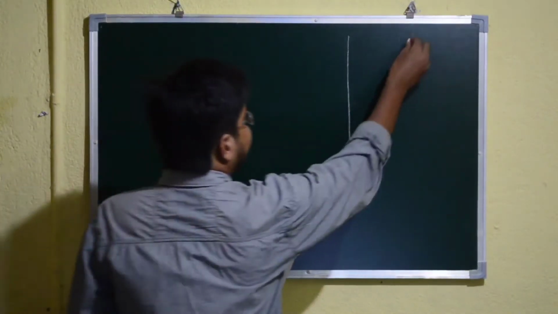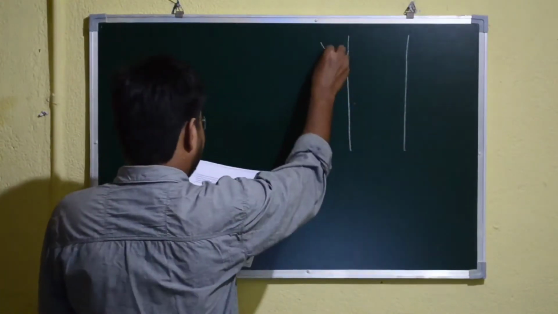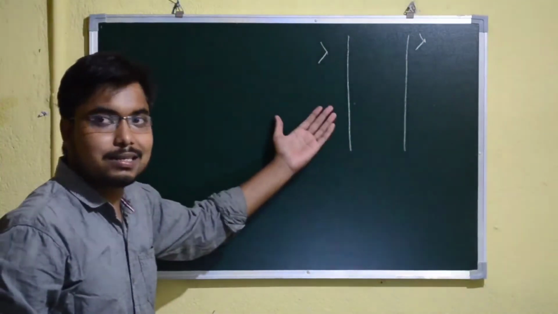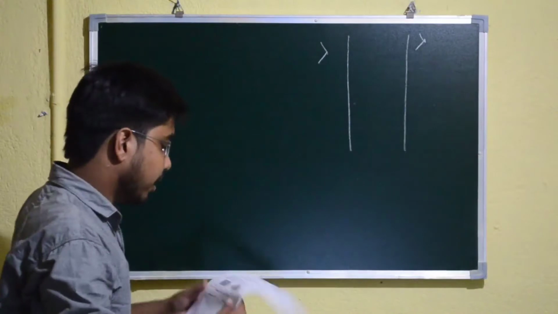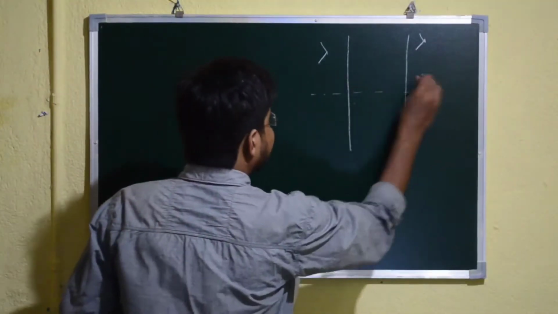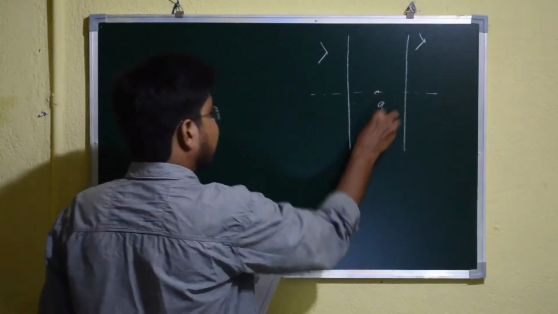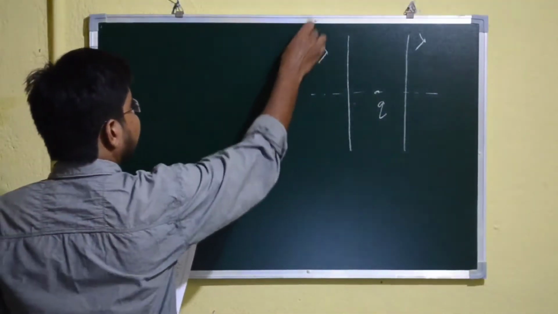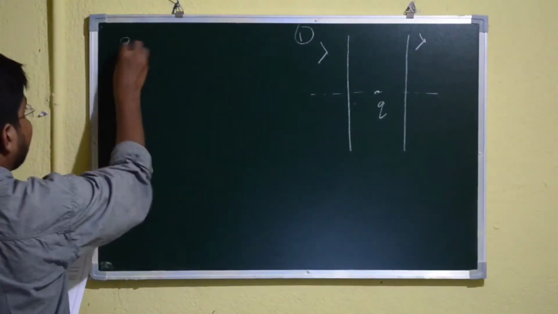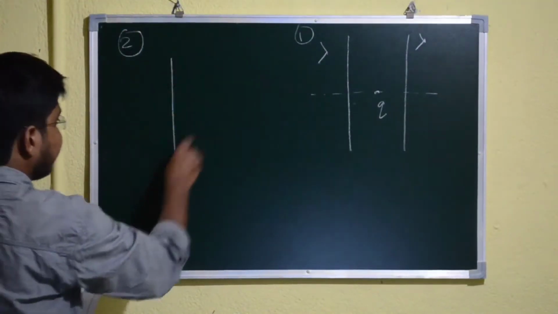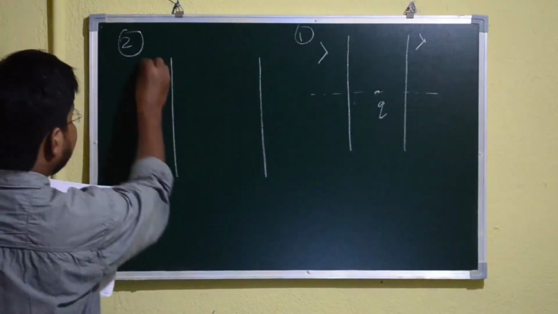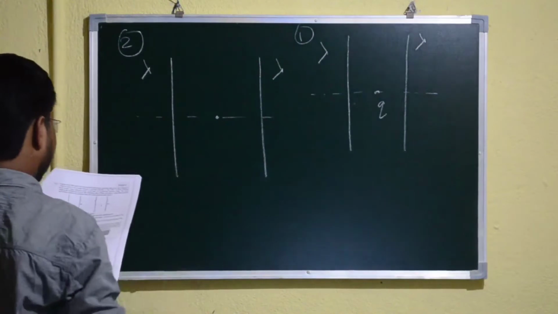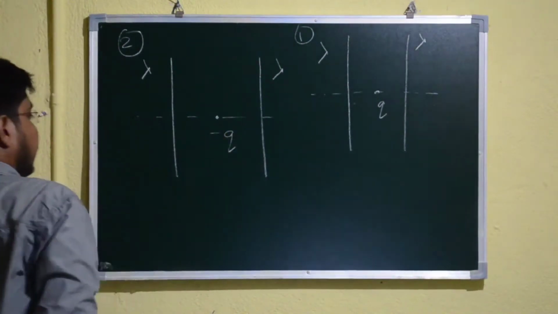Now suppose lambda, it is given in the diagram that lambda is the linear charge density of the infinitely long wire, and a test charge plus Q is situated at the equilibrium point, and this is situation number 1. And now the second situation is the same lambda and lambda, but this time a minus q charge is placed at the equilibrium position.